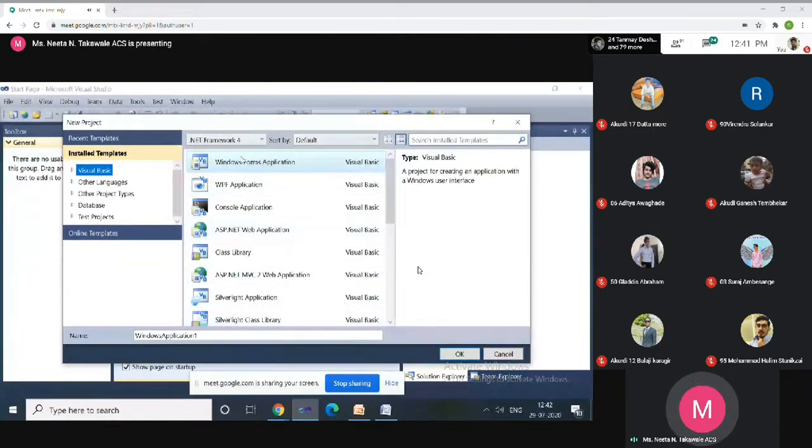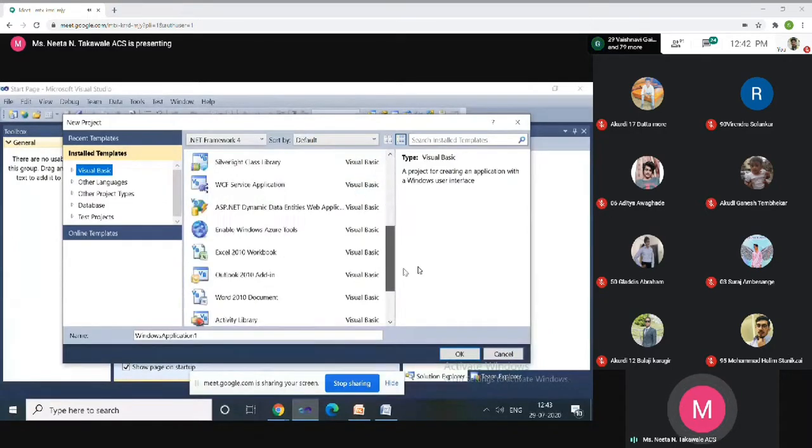What I told you in the first slide is that the important part of .NET is the .NET framework, and what exactly it is we will discuss in the next lecture. Using these frameworks you can create the application. First is the Windows Form application.